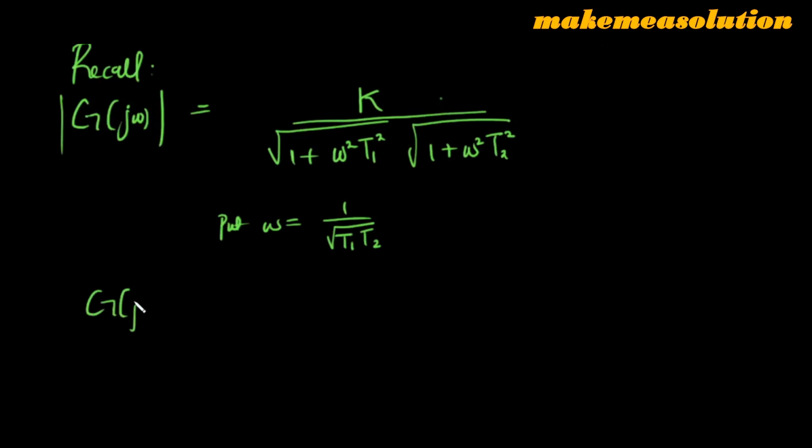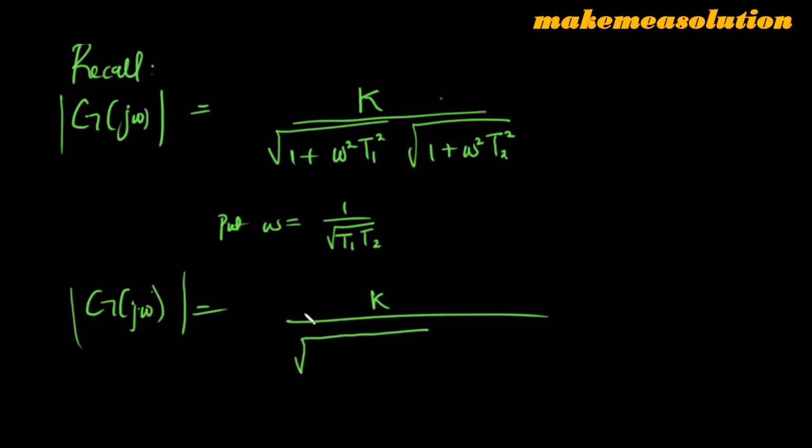So you have your magnitude of G of j omega to be K all over square root of, you now have 1 plus omega square, which is going to be 1 all over t1 t2. Okay, when you take omega square, if you put omega square by this particular stuff, t1 square is going to cancel out 1 t1 in the denominator, leaving us with t1 all over t2. So the same thing will happen for the other square root. You have 1 plus, if you put omega square by t2 square, you're going to have